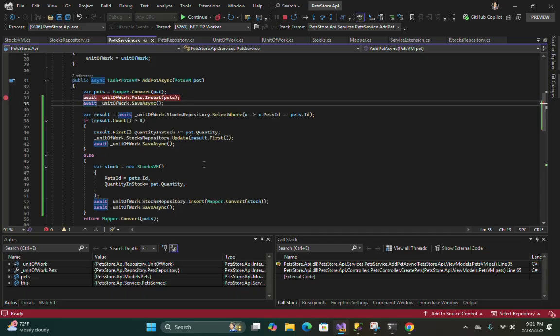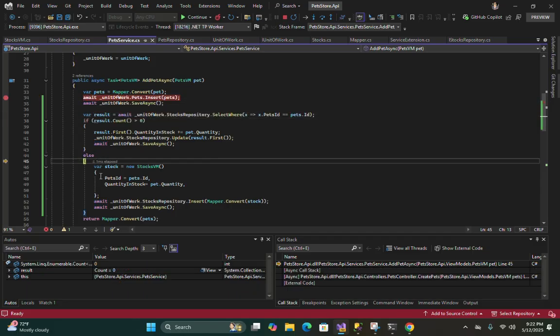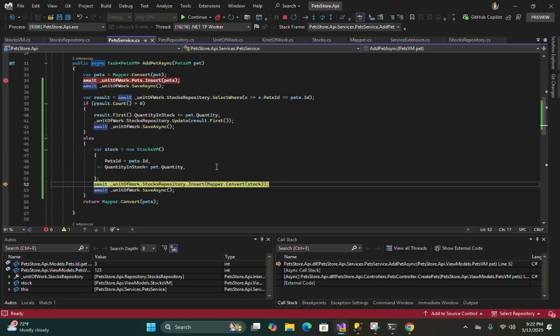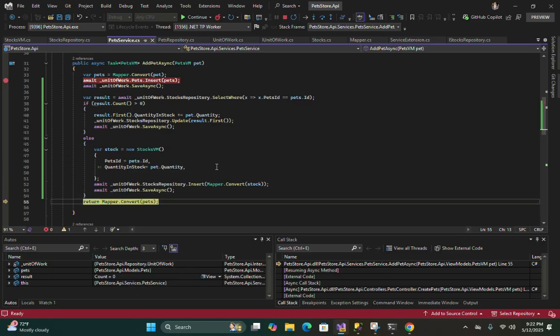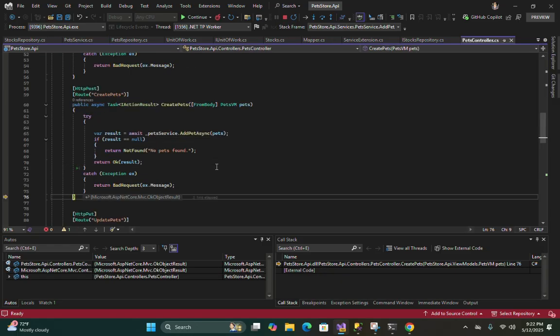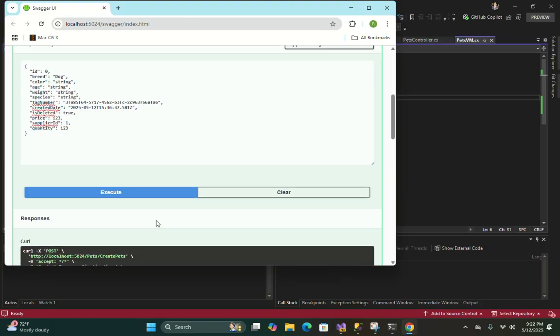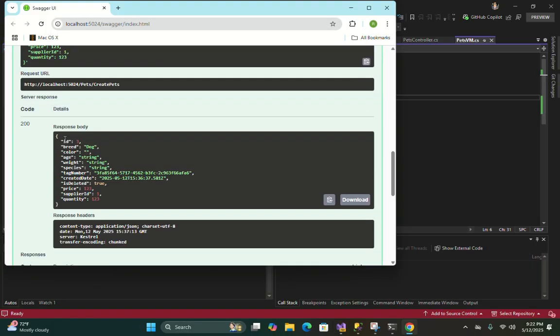Again we got into the debugger. This time it will go to the else block and try to insert the stock table.